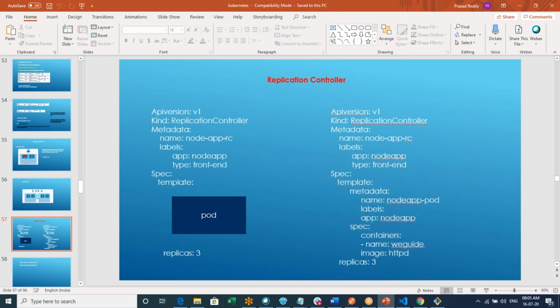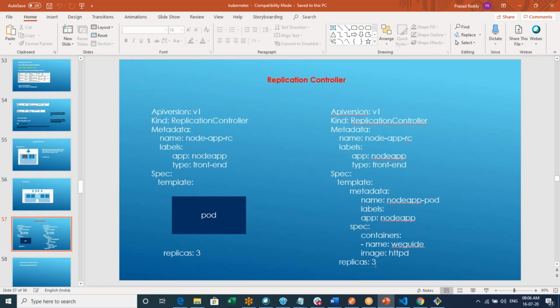So you can see now, I have a replication controller and the metadata is replication controller related stuff. Then under specification, I added a pod. But there is one very important point to be noted here in the replication controller, which is replicas. Replicas meaning how many pods you need. I need 3 pods, that is the reason I mentioned 3.